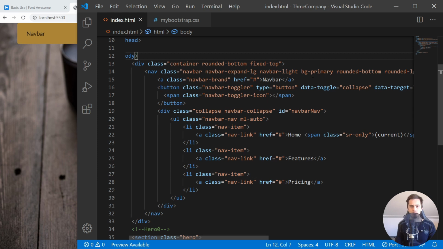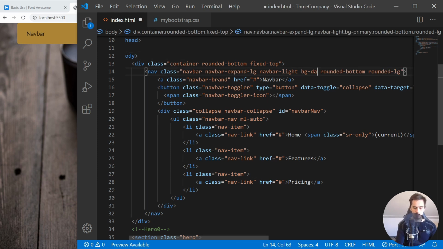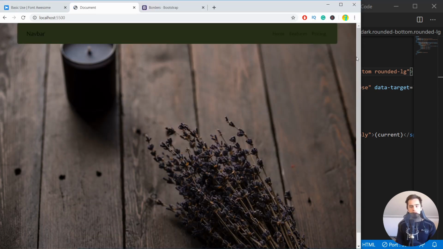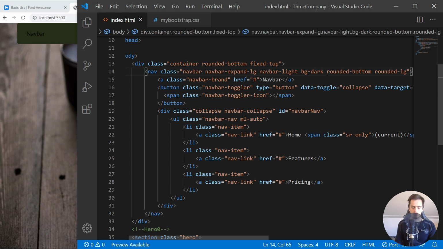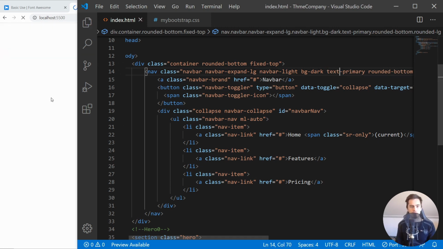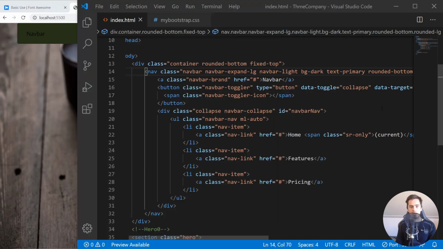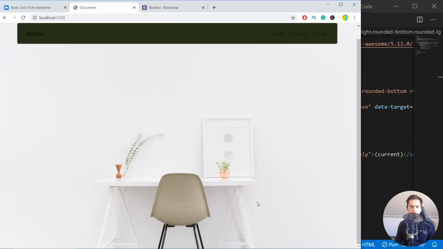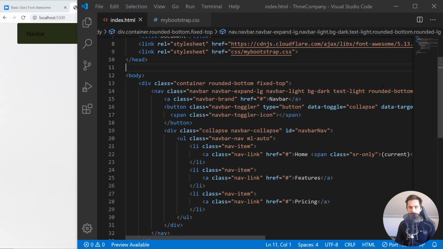We can just try and go with the background dark, and then use some sort of white image in there. So background dark, and let's also use color. Let's just try text primary. So the primary color that we've used, and we may want to try a different image. Alright, so after a little bit of trying, I decided to go with this image that's sort of clean, white,